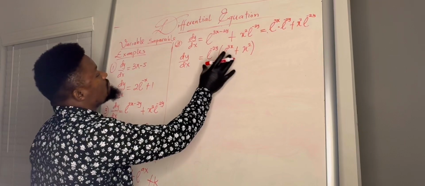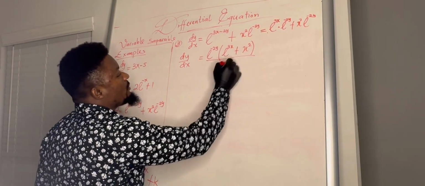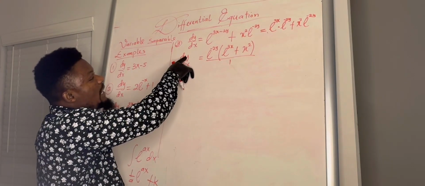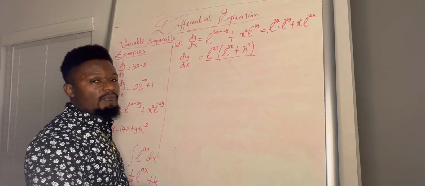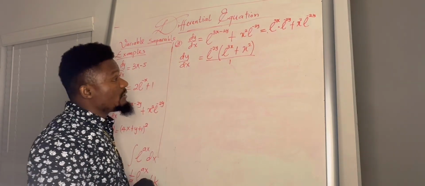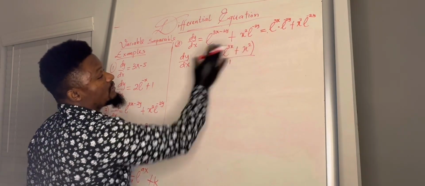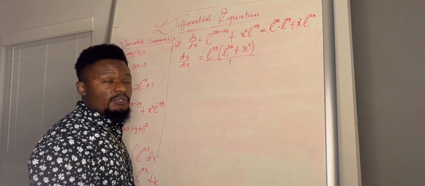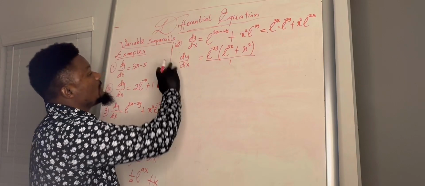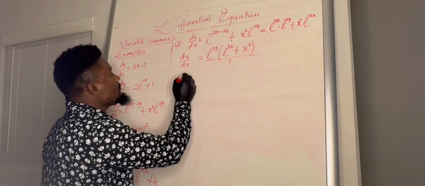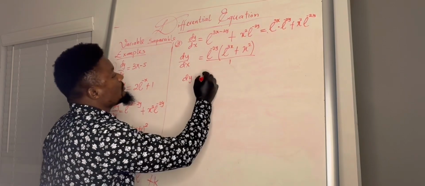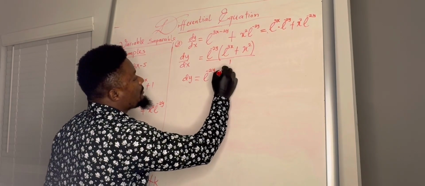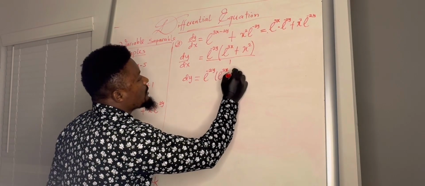Now I can go ahead and separate. Remember, I can put this over 1 and I cross multiply. I want to separate the variables such that everything that has to do with y goes with the differential of y. Everything that has to do with x goes with the differential of x. So I've grouped the terms that have to do with x and that which have to do with y. So let's go ahead and separate them. Let's first of all cross multiply. We have dy equal to expo of negative 2y, expo of 3x plus x squared